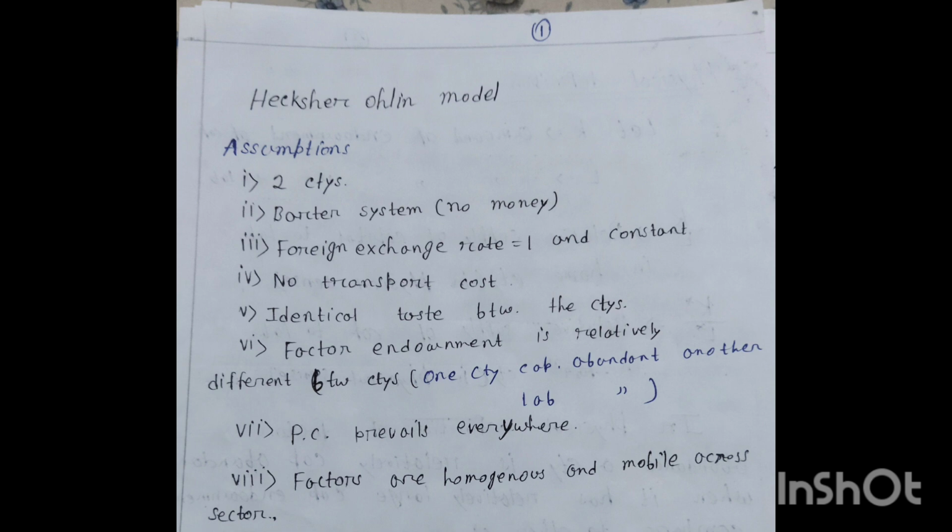Now, the fourth assumption tells us that there is no transport cost in the entire world market in international trade. The fifth assumption tells us about identical tastes between the countries. That means all of the consumers of both the countries basically have the identical or same kind of taste or preferences. That means the consumers of both the countries will obviously prefer